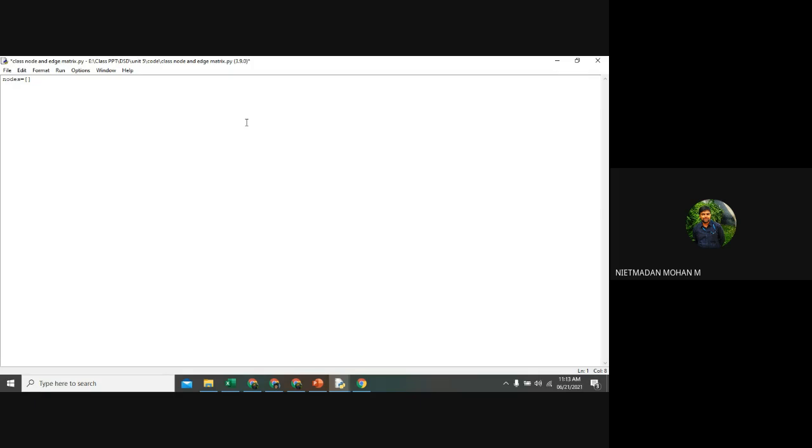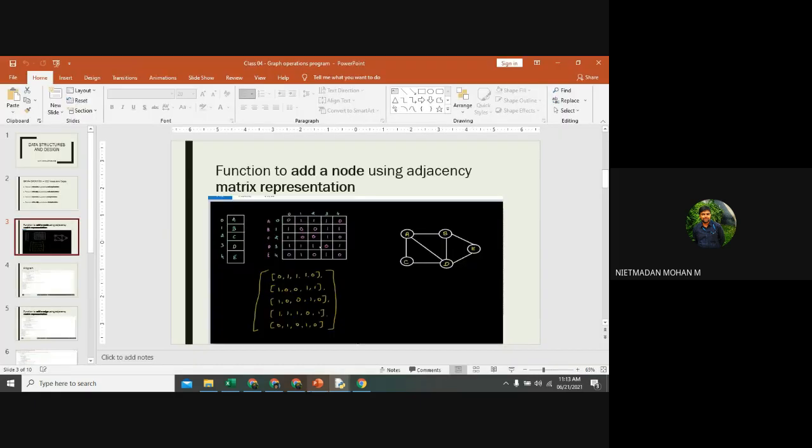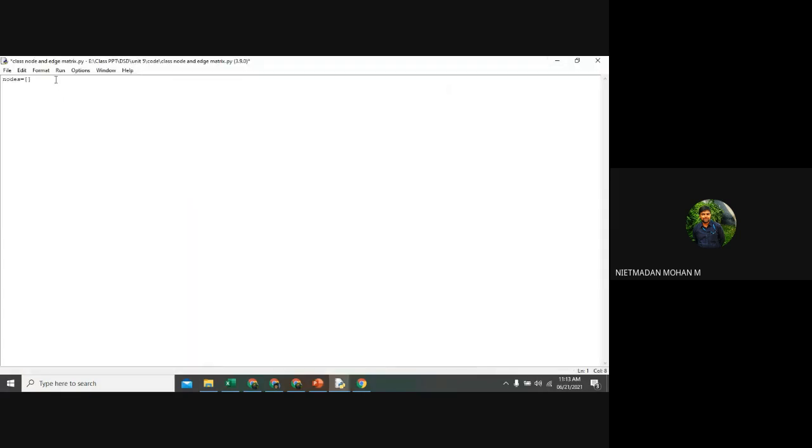First I am going to take a node. You can see this representation. I am taking A, B, C, D in the list, and in the list I am doing the edges operation as a nested list. I have explained this already. So I am taking the nodes A, B, C, D and E as nodes with an empty list, because I have not inserted any nodes. I am going to insert a node first, so before that I am going to create a list.